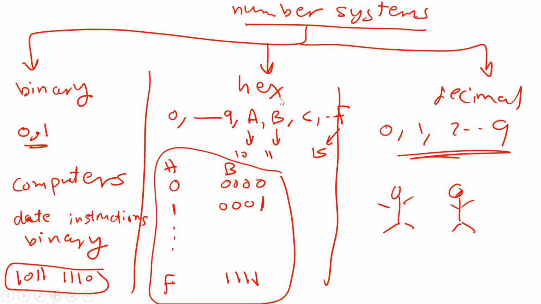First, let me tell you what hexadecimal is. As you know, in hexadecimal, we have digits from 0 to 9, and then A is 10, B is 11, C is 12, until F is 15. So in hexadecimal, the digits go from 0 to 15, giving us 16 digits. That's why it's called hexa. Hexa means 16, right? Binary means 2, 0 and 1. I can represent any number using these digits from 0 to F. You are familiar with it.